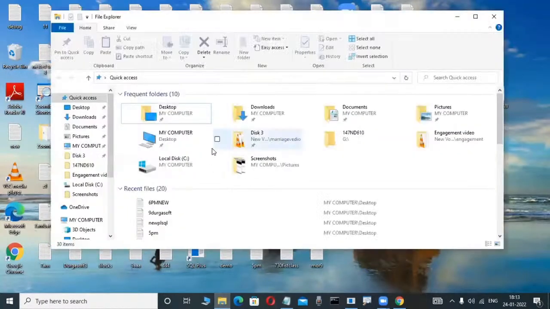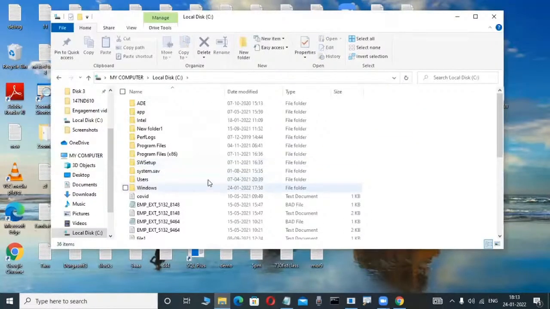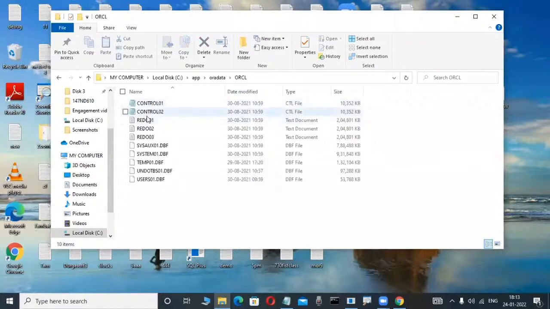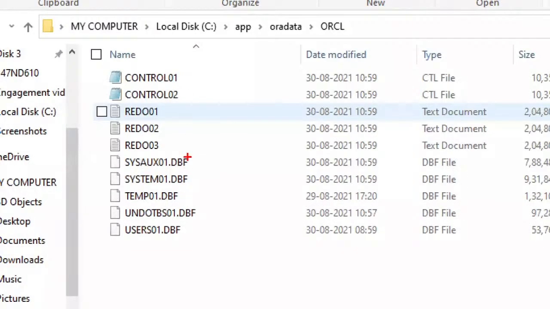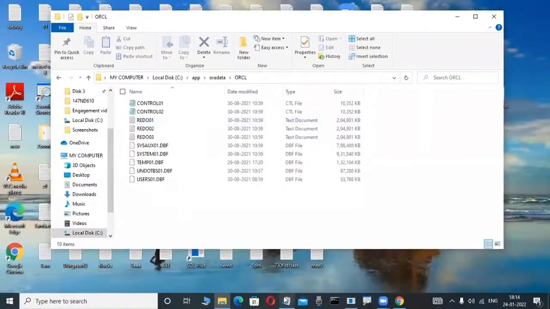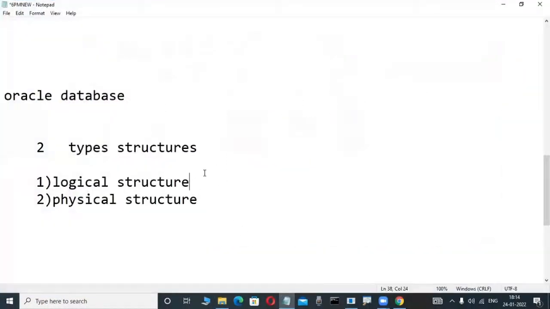I'm installing Oracle, and how you install Oracle we will learn in the next classes, don't worry. I install Oracle in the C drive or somewhere, but in this C drive your table is not available. Whatever table I create is not visible in the C drive or D drive. That's why a logical structure means a structure which is not visible